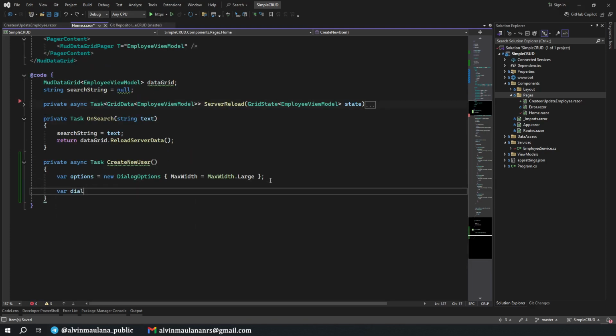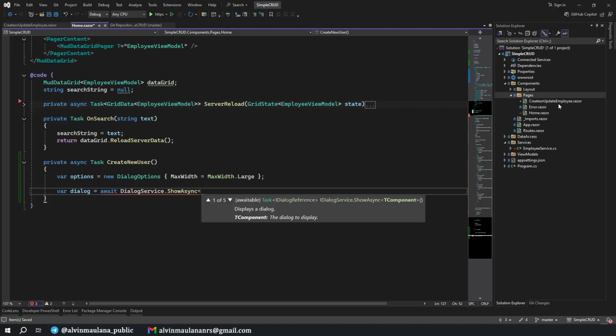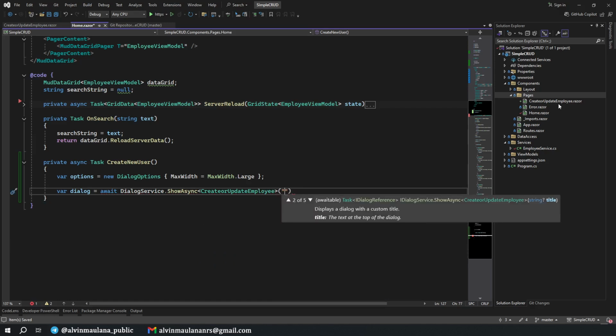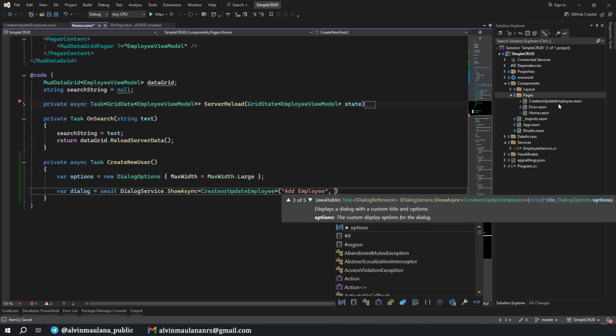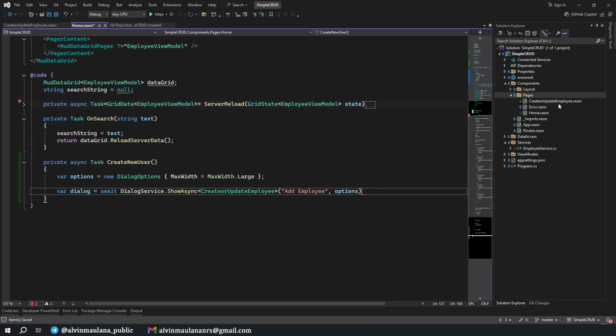And then var dialog is await dialog service, and then we show asynchronous. What we have here, create or update employee with the title. This one is add employee, and then we insert the options.